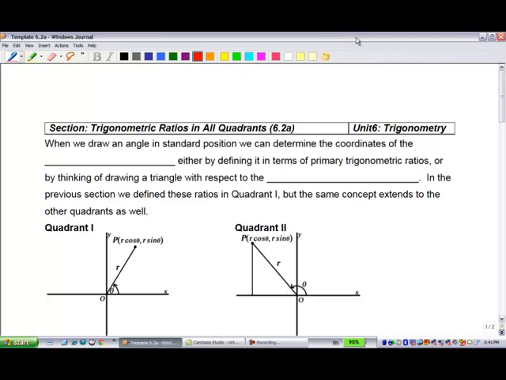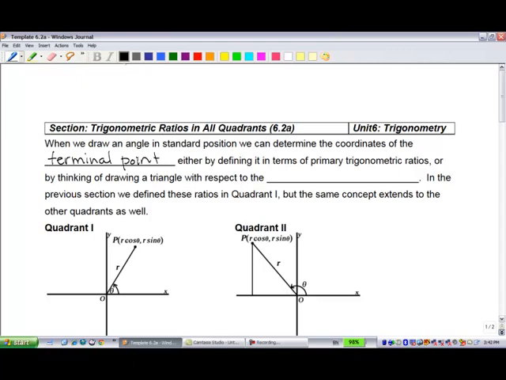Welcome to Unit 6, which is Trigonometry for Pre-Calculus of Math 11. Today we're taking a look at trigonometric ratios in all the quadrants, not just quadrant 1. So when we draw an angle in standard position, we can determine the coordinates of the terminal point. That's a point which is on the terminal arm,